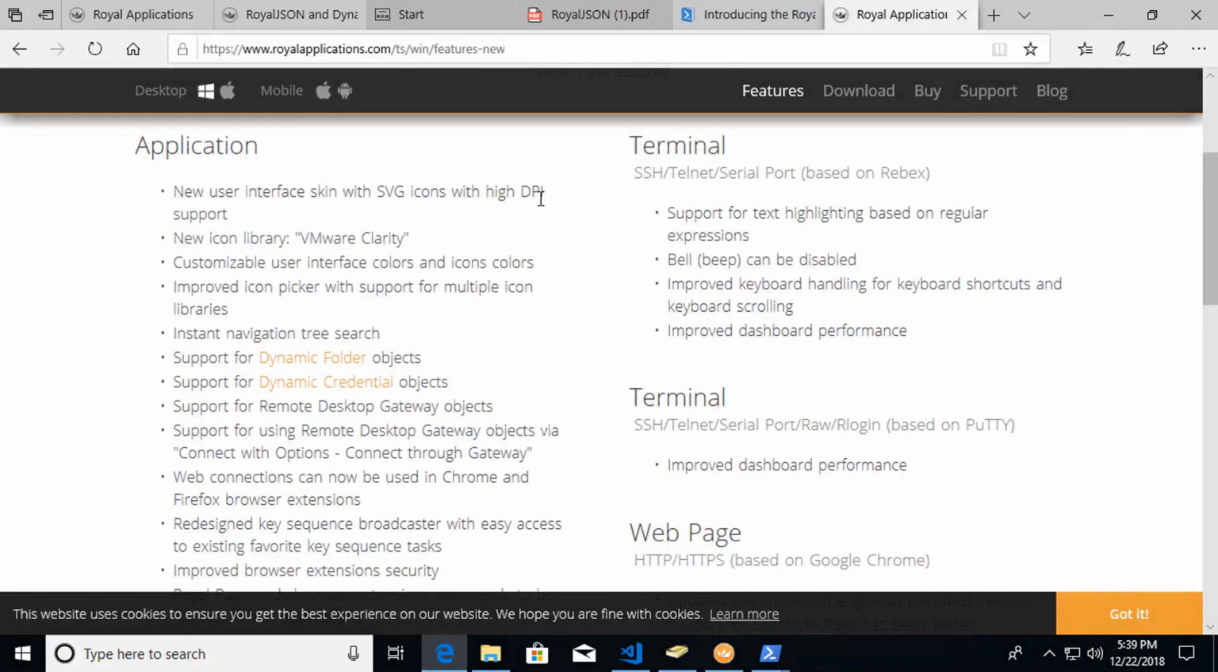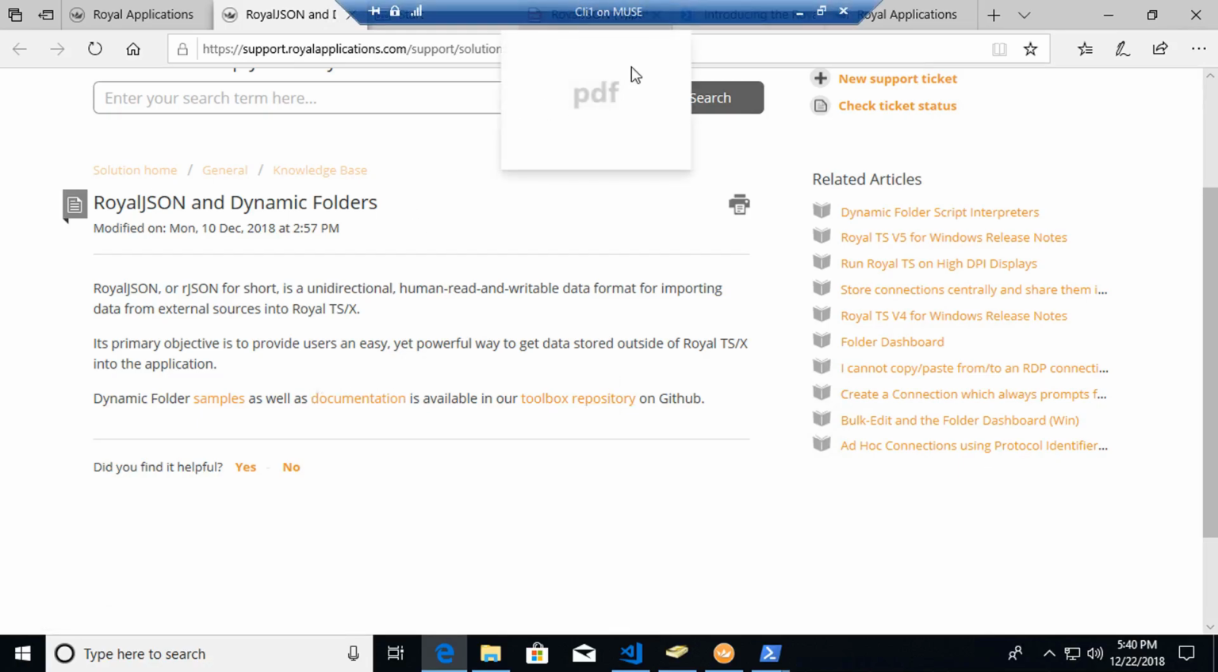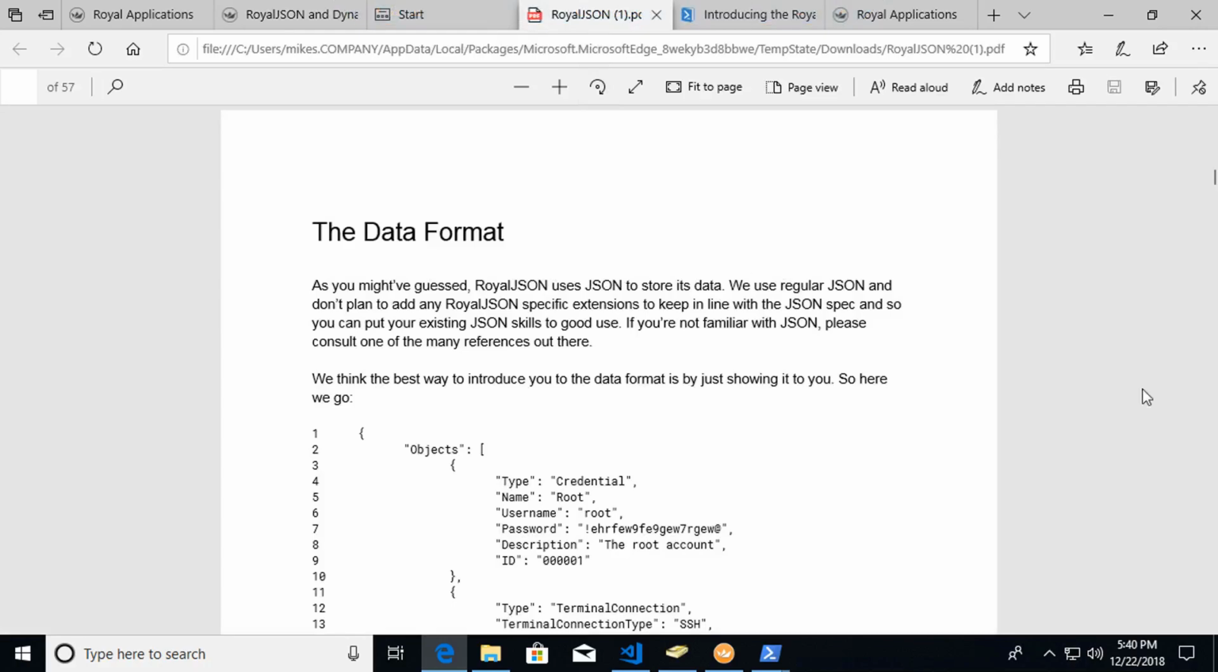Now, if you're not familiar with this, what you can do is on royalapplications.com, if you go to their support site and look under their knowledge base for Royal JSON and dynamic folders, they have a documentation link to a PDF file with documentation on this Royal JSON, as well as some samples and what they're calling their toolbox repository over on GitHub, which is beautiful. So if I pull up this PDF here,